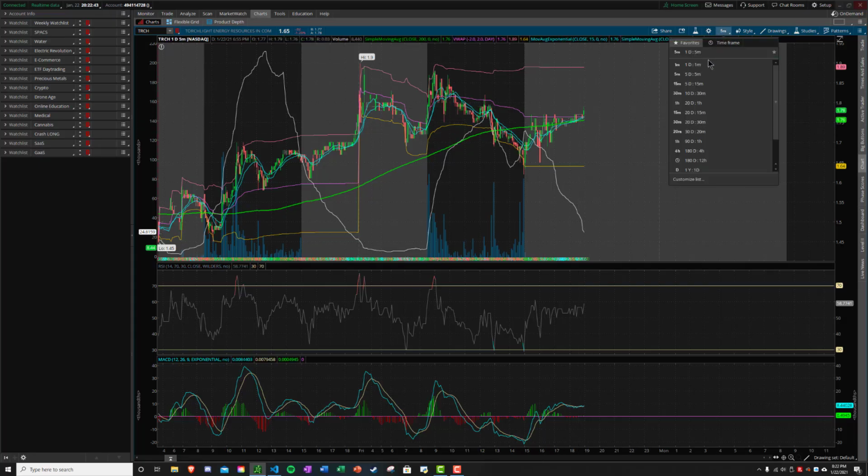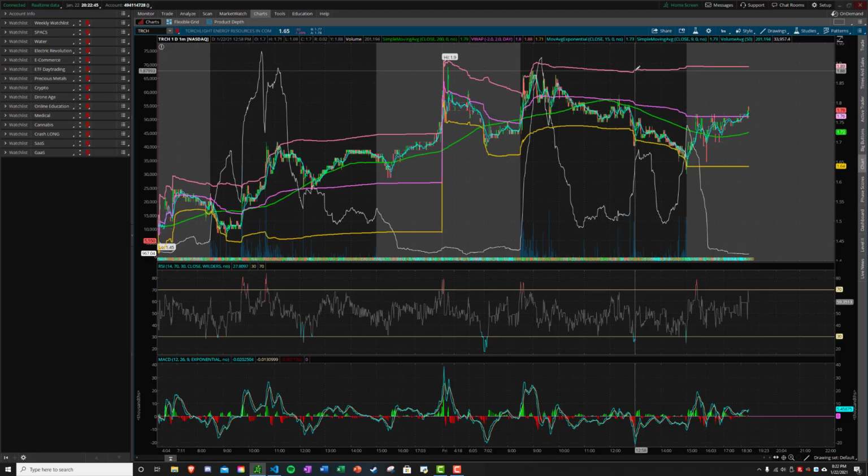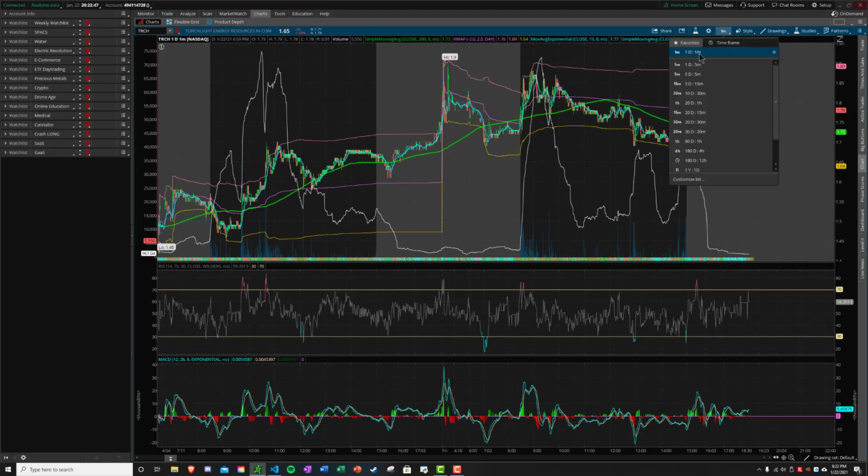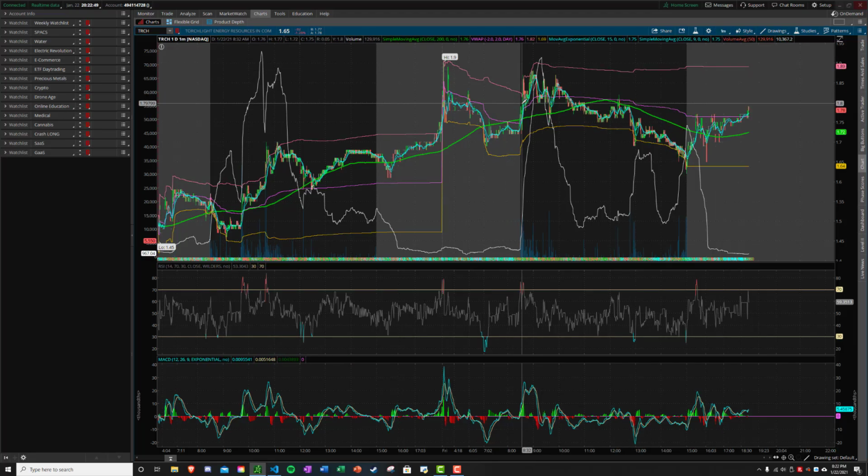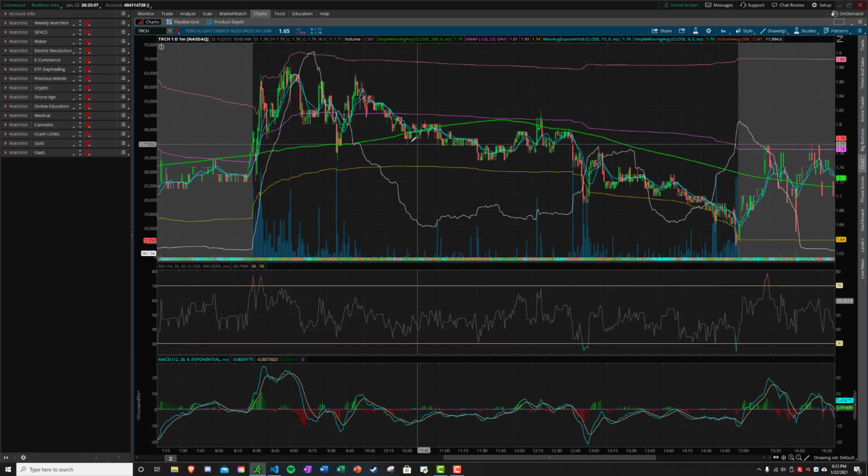So here we're on the 1 day, 1 minute chart. 1 day, 1 minute, meaning each black box is 1 day of trading, market open to market close, with one candlestick being 1 minute. So each minute is a candlestick along time from 8:30 a.m. until 3 o'clock in the